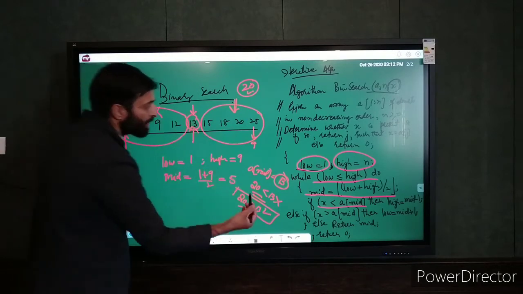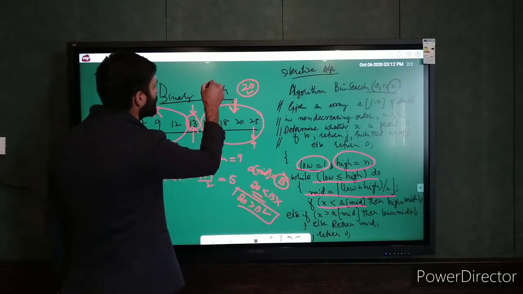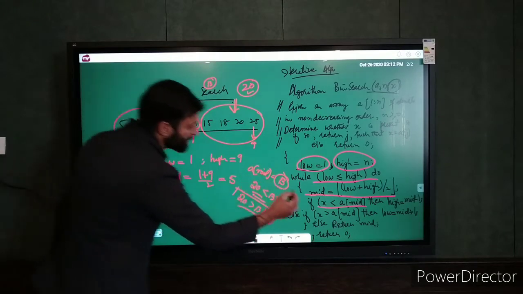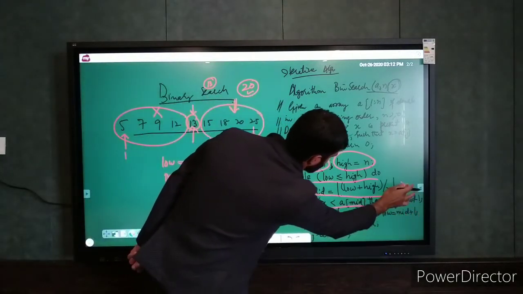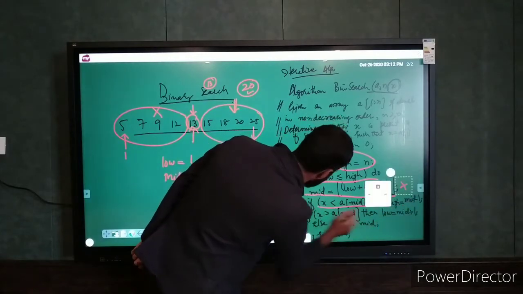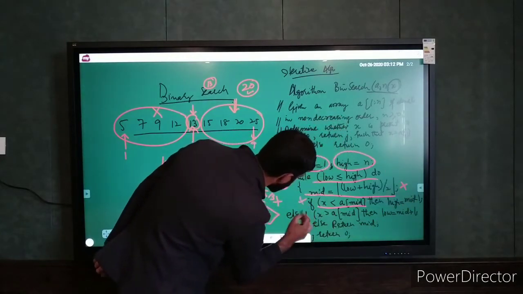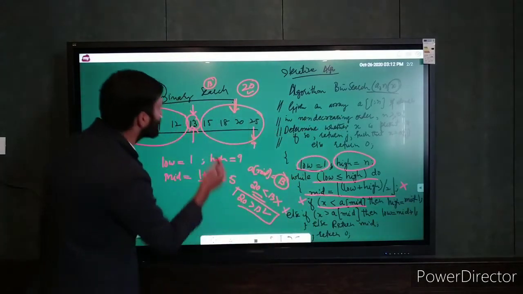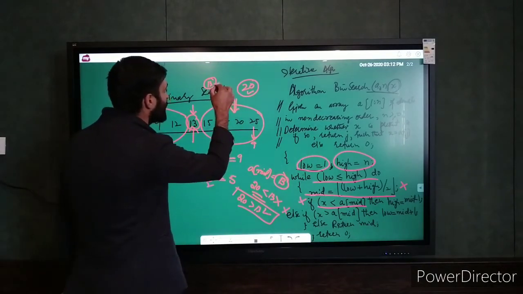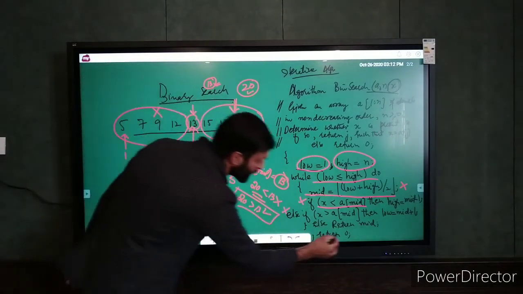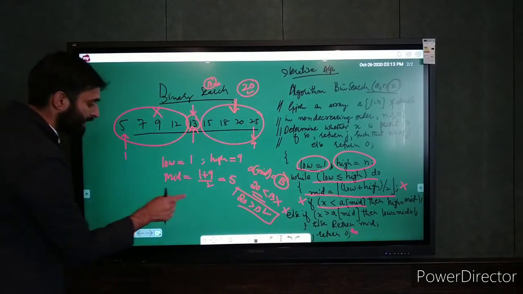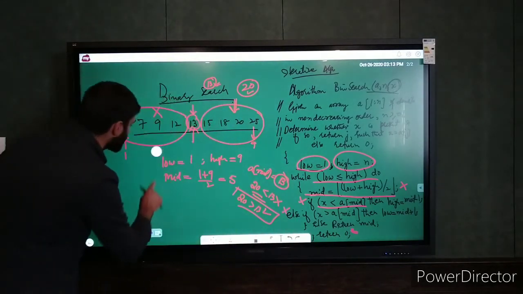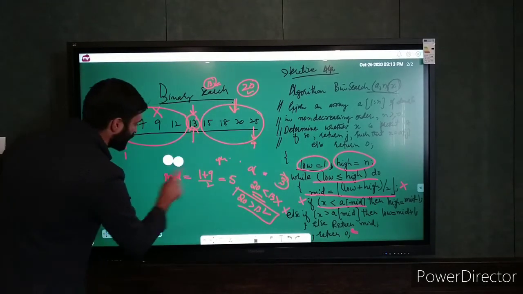Or let us suppose my element was 13. So what do I have to do? Neither this case was satisfied nor the else case. So what would be the result? Else it would be the middle element. If again it is not the middle, then I have to return 0, meaning the search is unsuccessful, right? This was the algorithm. Now I will very quickly do its performance analysis.